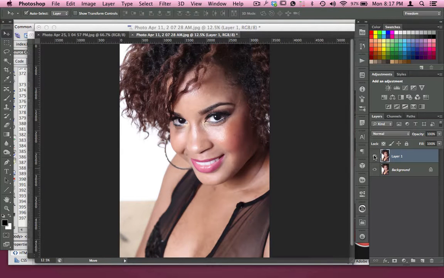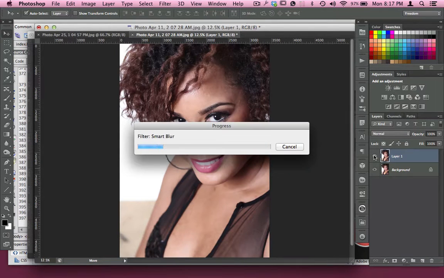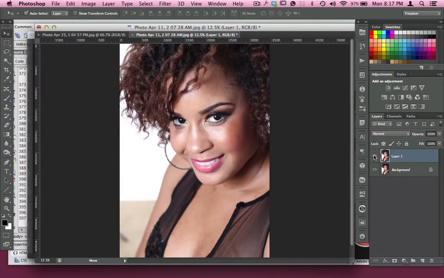So I'll go ahead and got my image set there as far as my smart blur, but it's just a matter honestly of really experimenting and seeing what really works for you and the image that you have here. So I'm gonna turn that layer off here, and turn it back on, and you can see the difference there. Okay, so what I'm gonna do now is create a layer mask